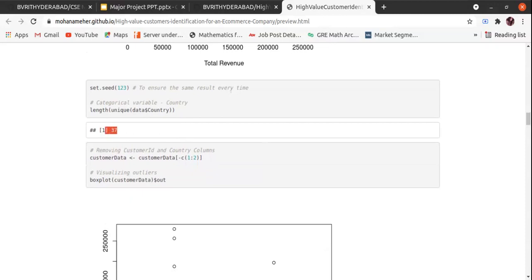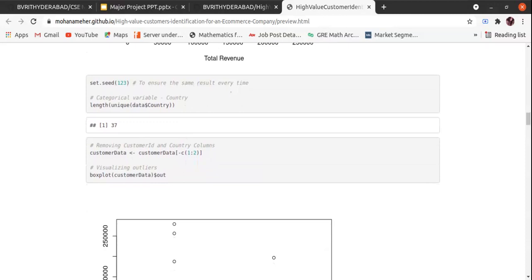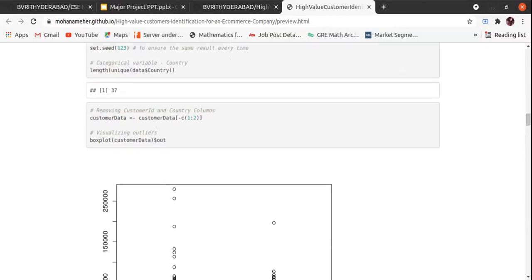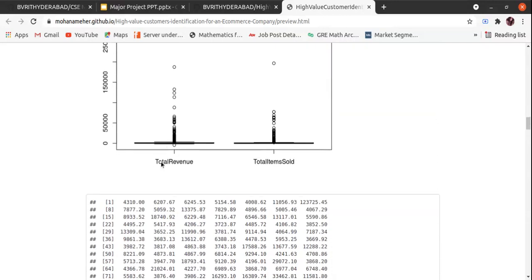This increases the dimensionality of the space, and while we can use PCA on binary data, that does not mean it is a good thing, especially for one hot encoded data. PCA is designed for continuous variables. For this reason, the country column is omitted. We might also disregard the customer ID column in customer data, as IDs are independent and identically distributed. So we are left with two columns, which are total revenue and total items sold.